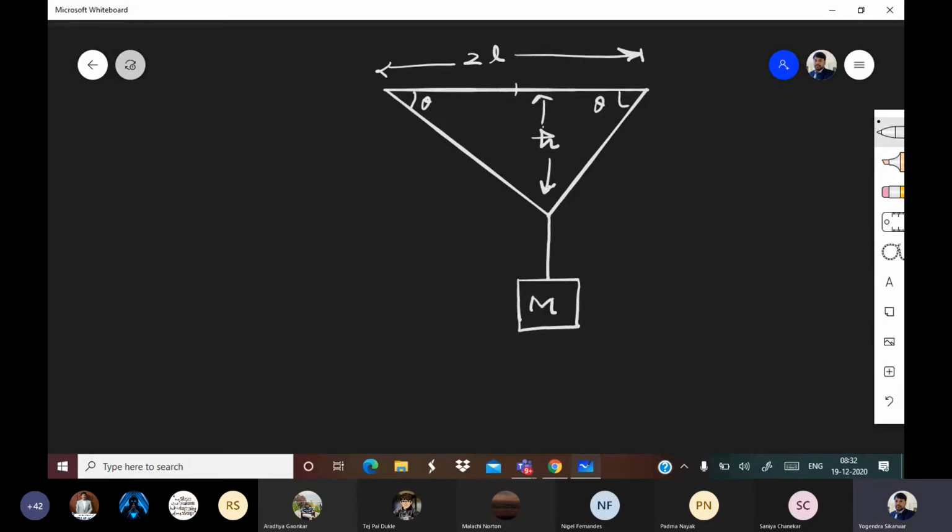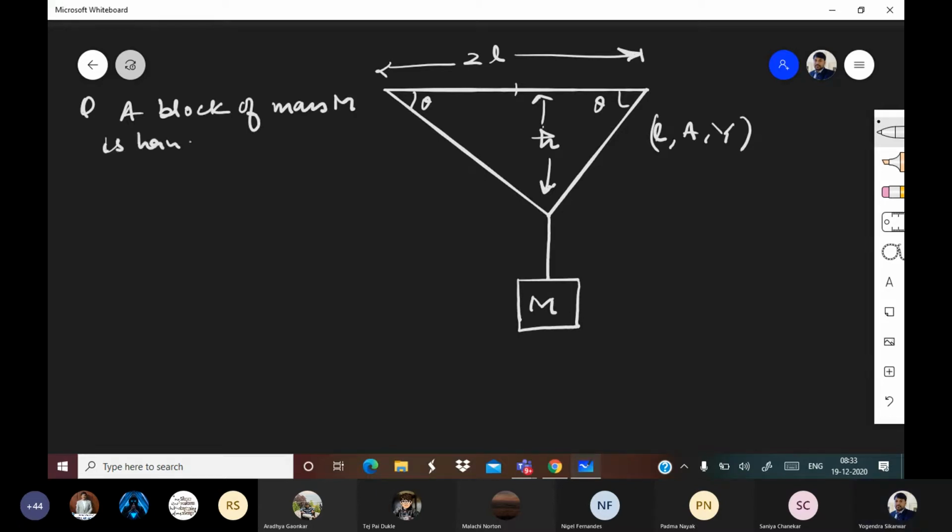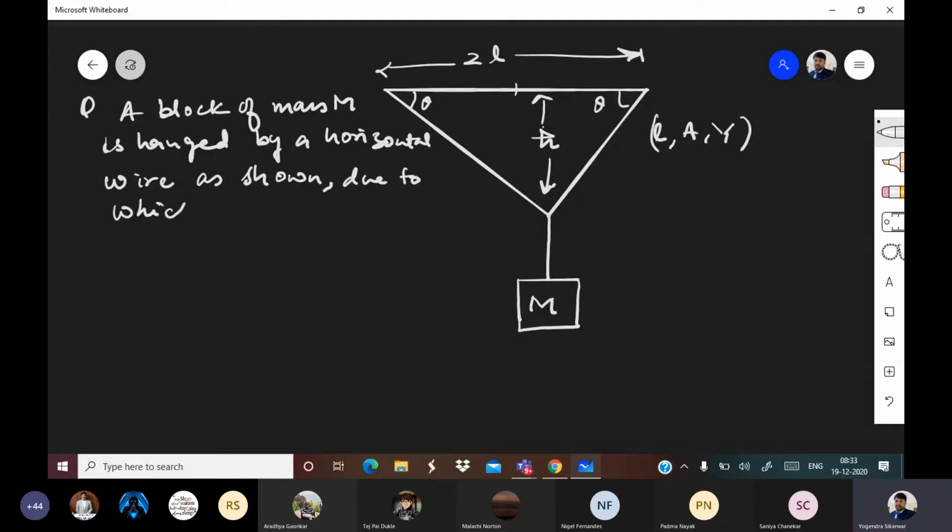All right. So this is L, A, Y. So the question is, a block of mass M is hanged by a wire as shown, by a horizontal wire you can say, horizontal wire as shown, due to which the wire gets extended,